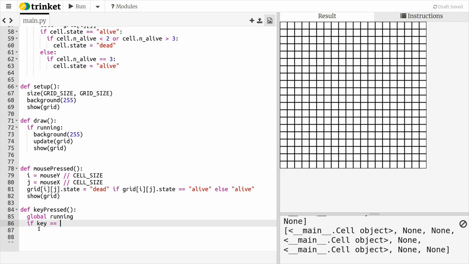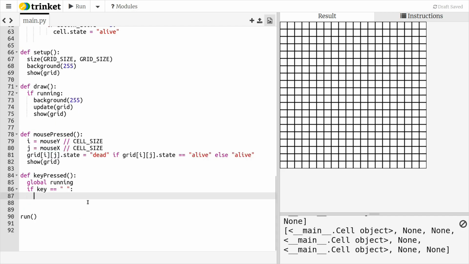So if the key is equal to a space, that's how you can refer to the space bar. You don't have to do that. If you want to have any key do that, that's perfectly fine. But I just want to have the space bar be this pause and on-off button here. Anyway, if the key is equal to the space bar, then we'll say that running is